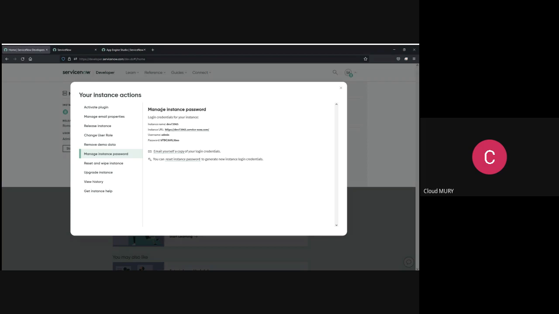But if you have your company account, the company will have different instances: one for development, one for testing, and one for production use, where your actual users are using it. Might be a fourth one for training purposes, so they might have different ones, but as a learning purpose, you are taking this instance and you will get only one.